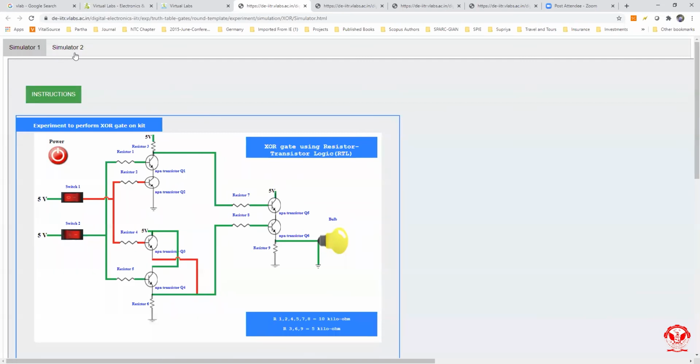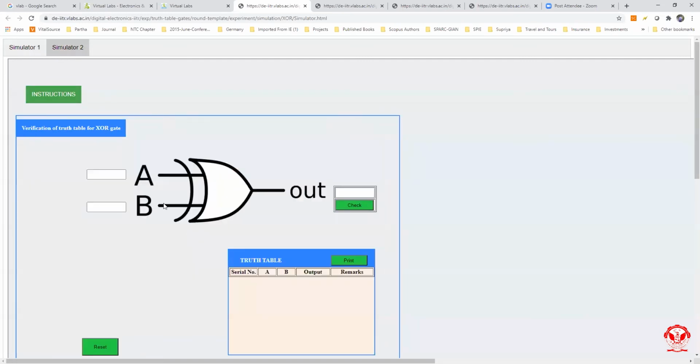And we can also verify this from simulator 2. This is the symbol of XOR gate. Let us take 0 and 0. What is our output? Let us take 0 only and check whether I am doing it correct or wrong.